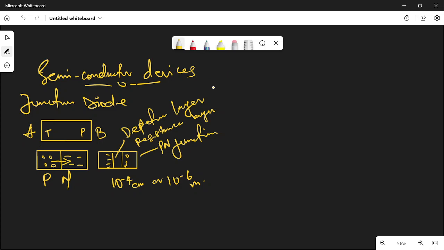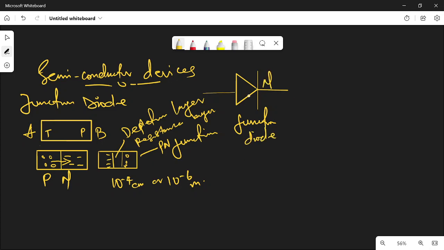Now what is the symbol for a diode for this particular junction? So we have this. Okay, I think the AI is supposed to help me draw this better. Okay, so I have that, I have this, and this. So when you look at this now, this is called a junction diode. Junction diode. Are we together now?